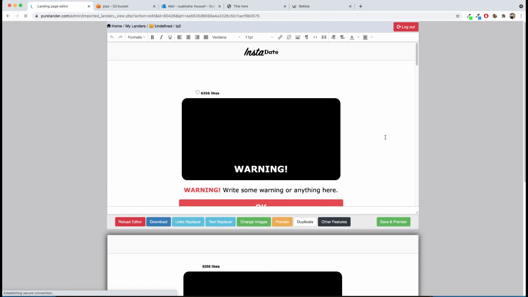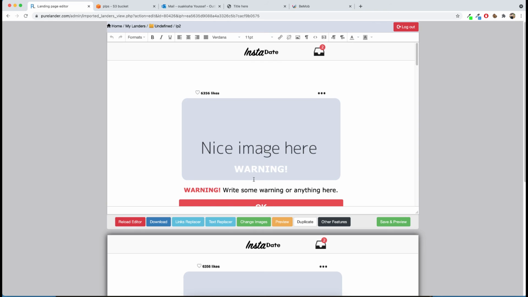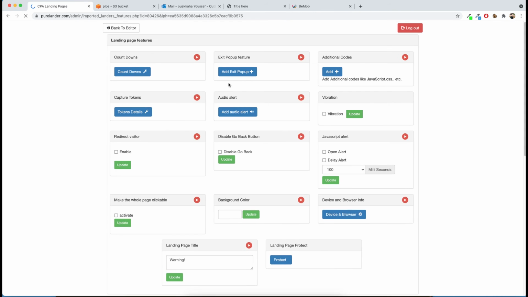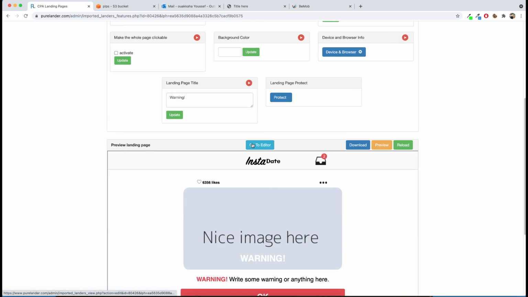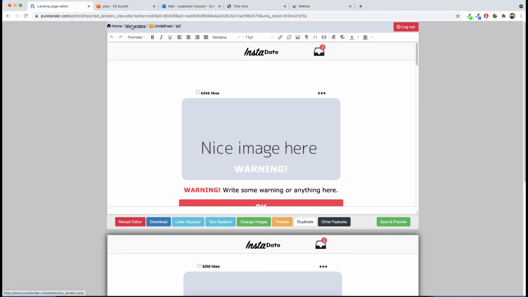And of course I can do many things. I can change the questions, change the images, everything I want in here. We have these features as well to increase the CTR of your landing page. Anyways, now let's download